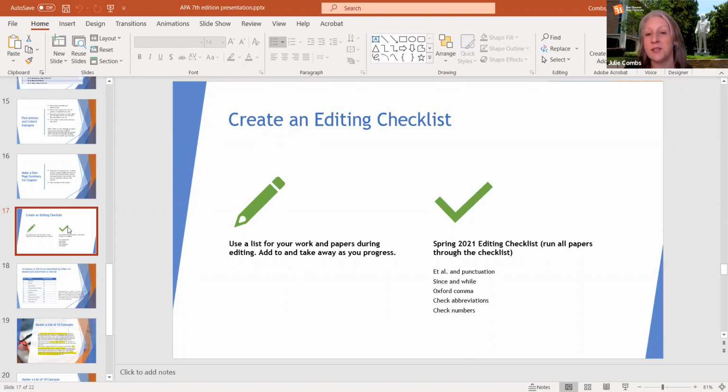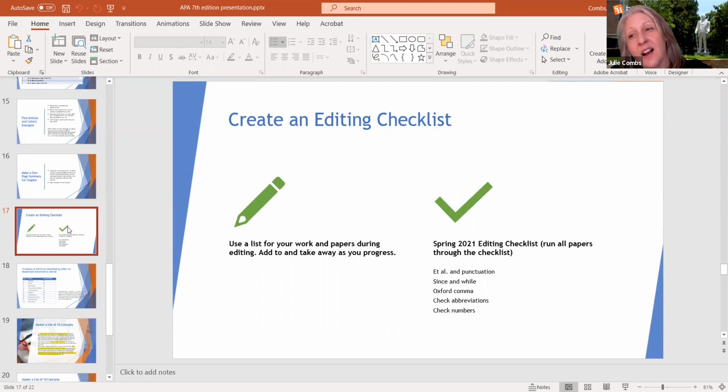And so here's just an example of one. Maybe I'm struggling with the use of et al. Maybe I'm not punctuating it correctly. Maybe I'm using the word since or the word while, and APA has some guidelines about using those words because they do have multiple meanings. It can be confusing to readers.